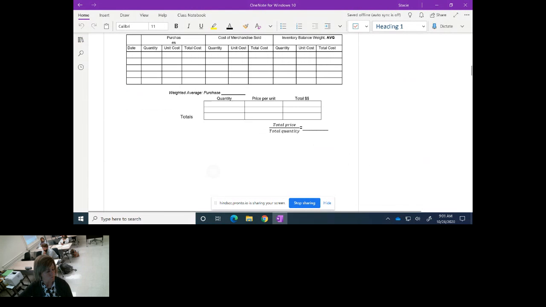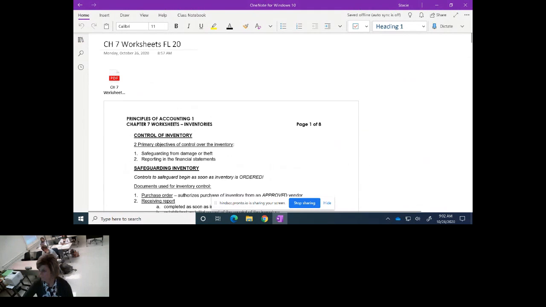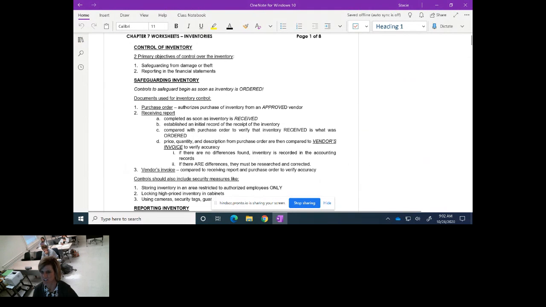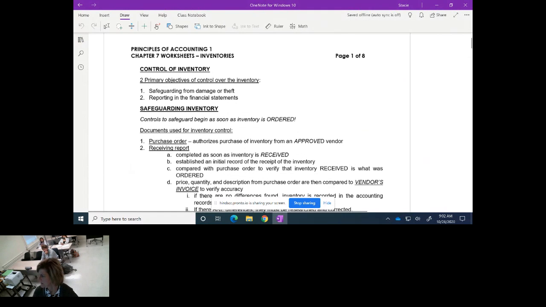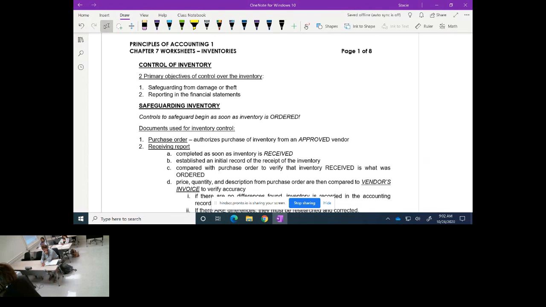I'll be honest, I reread the 3 weighting inventories, and I still was just like, I don't know. The 3 what? Inventory systems. Oh, yeah, well, I mean, it's kind of hard to understand until you get to where you're actually applying